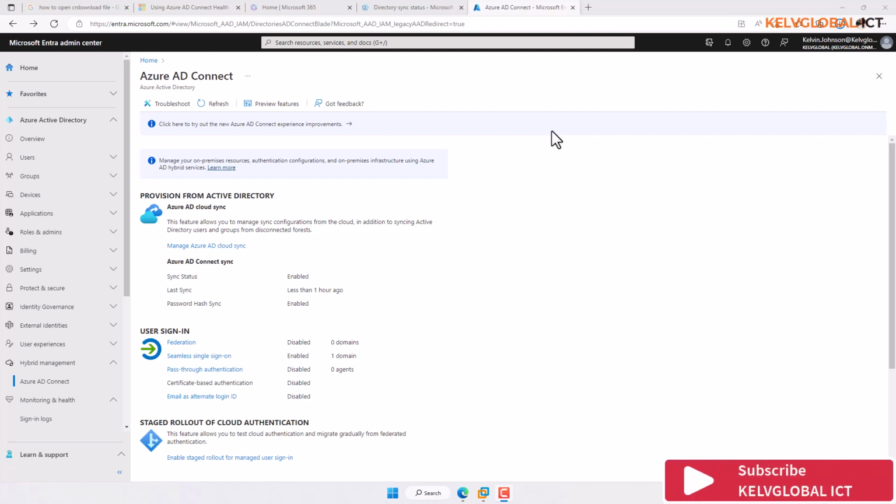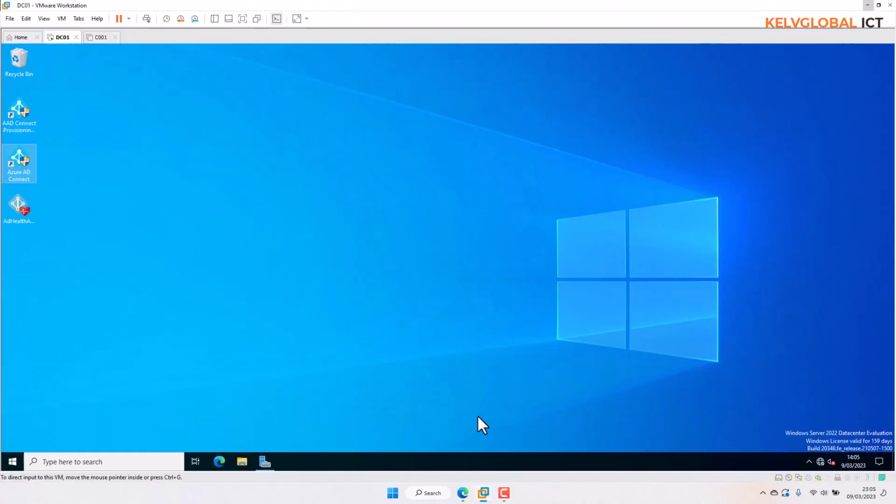Sometimes issues may arise that involve you going deep to troubleshoot what the root cause of that problem is. So what you're going to be doing is the following. We're going to be seeing some of the troubleshooting techniques we can use to solve syncing issues between your on-premises and the cloud. So if I go to my on-premises server,